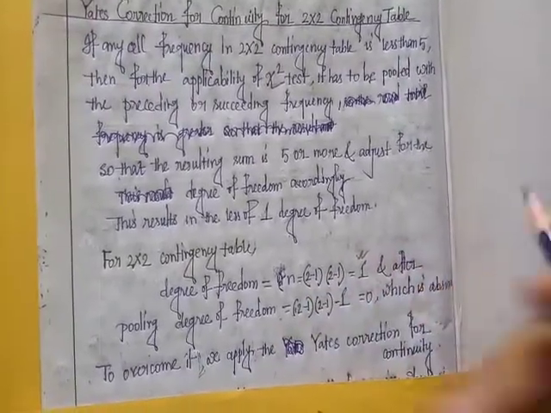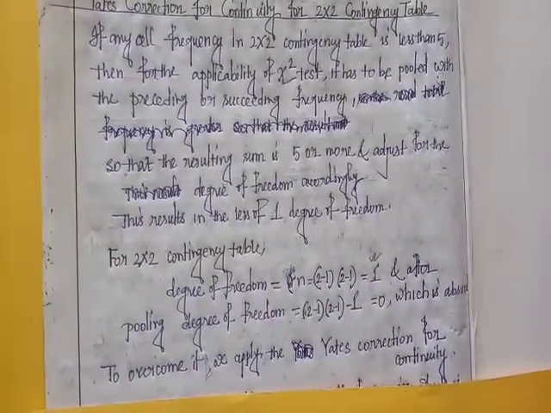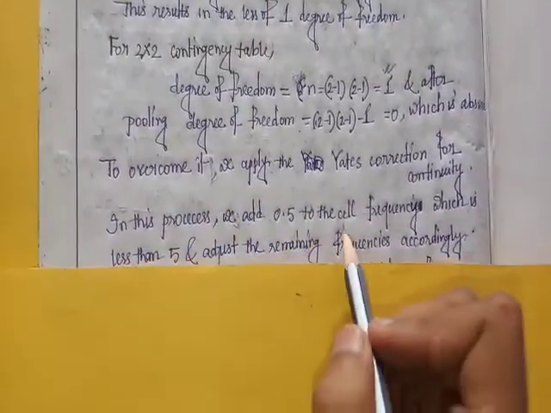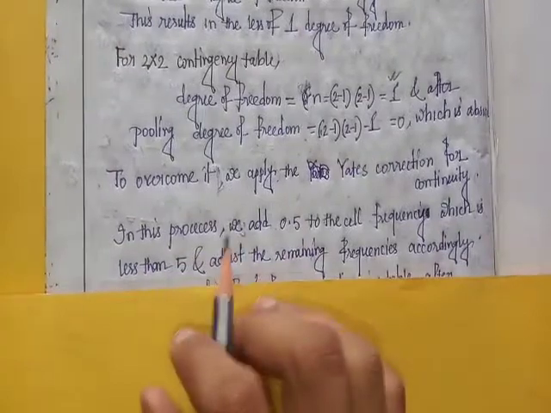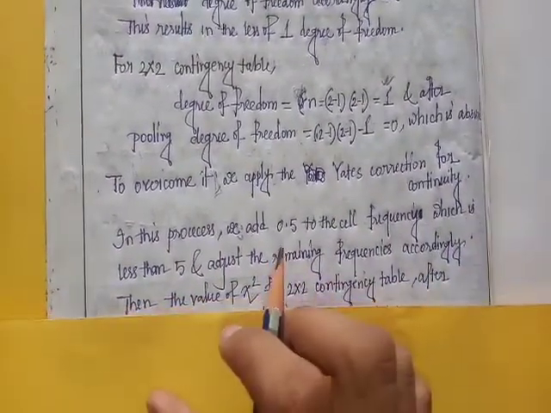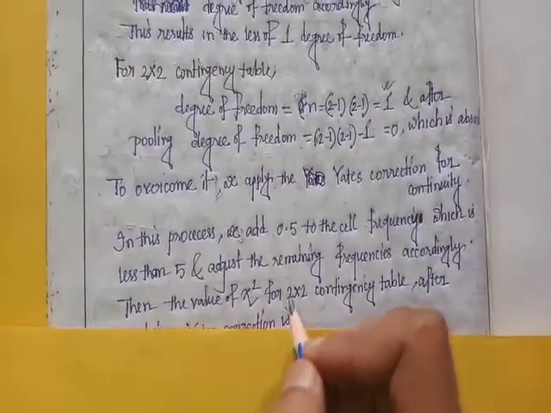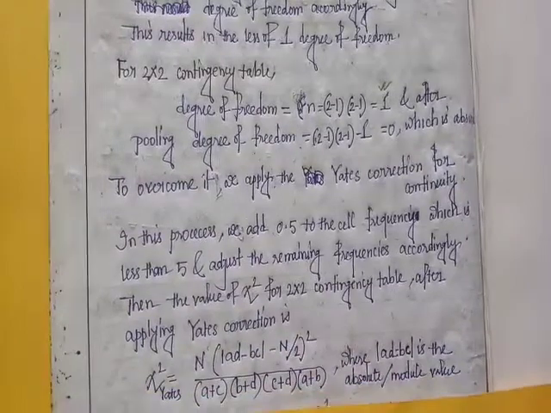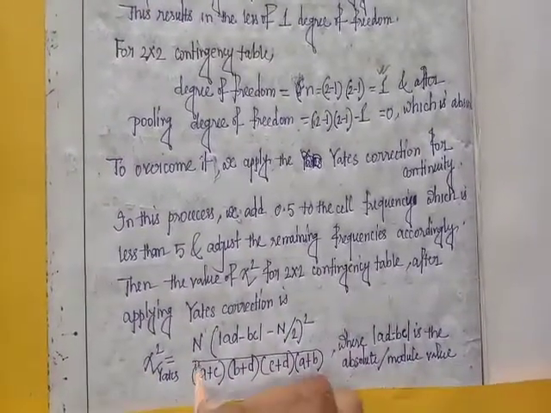In this process, we add 0.5 to the cell frequency which is less than 5 and adjust the remaining frequencies accordingly. Then the value of chi-square for a 2 cross 2 contingency table after applying Yates correction is this: chi-square Yates equal